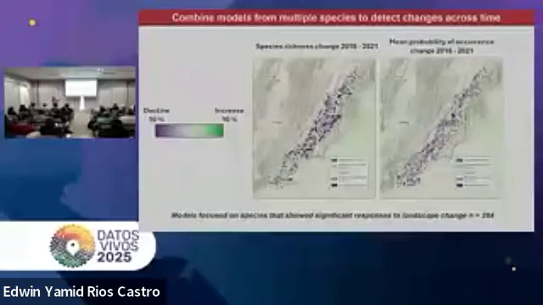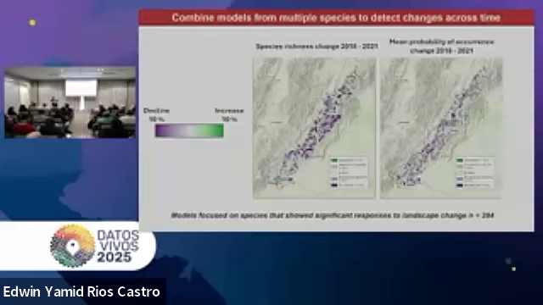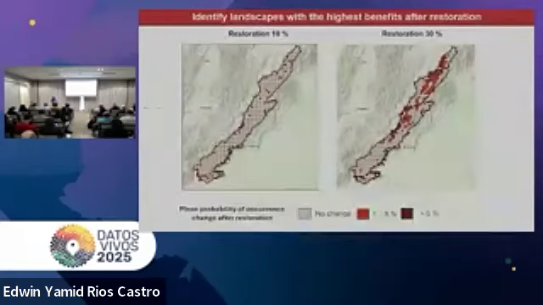And you can combine information from multiple species that have enough data to create these community-level models that will also show you how are the changes. For example, if you have land cover data that is mapped across different times, you can develop scenarios to show how land cover is changing in the area and how that affects the probability of occurrence of the species in each landscape. You can see the landscapes where there are more changes in terms of decline or increase of the number of species in those areas.